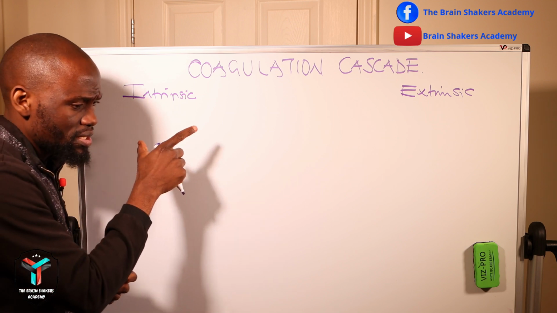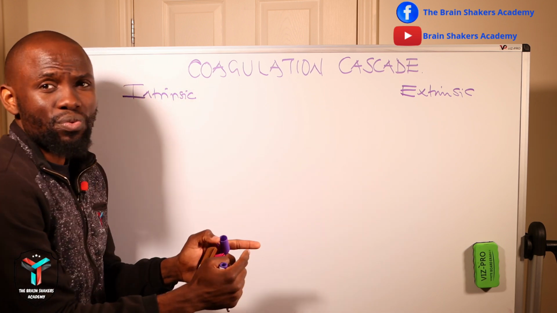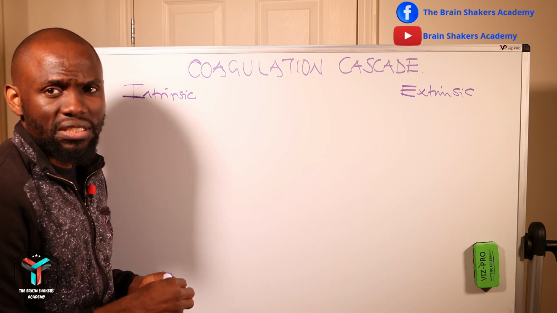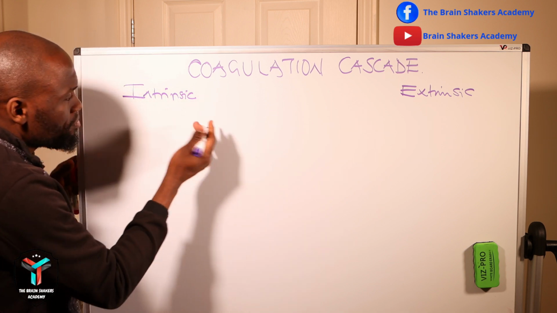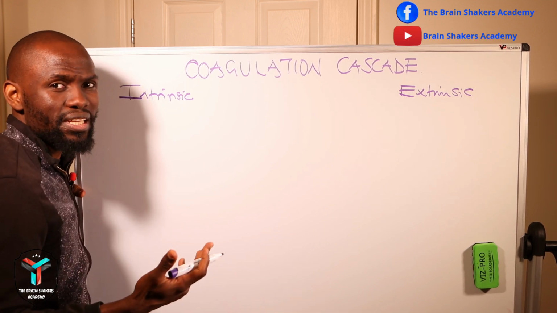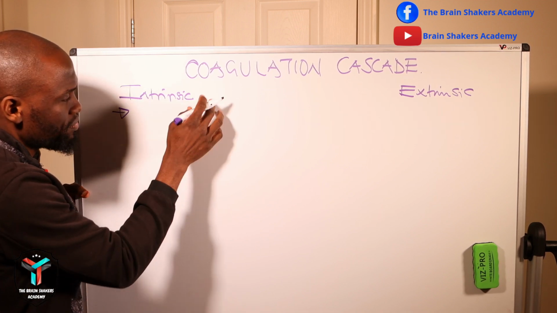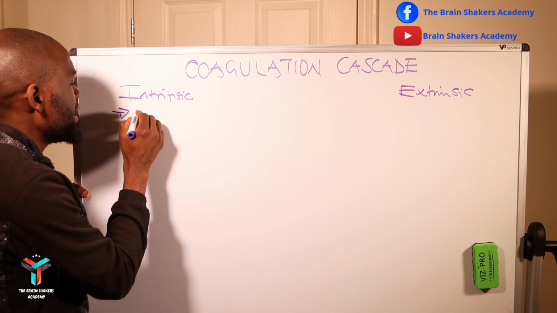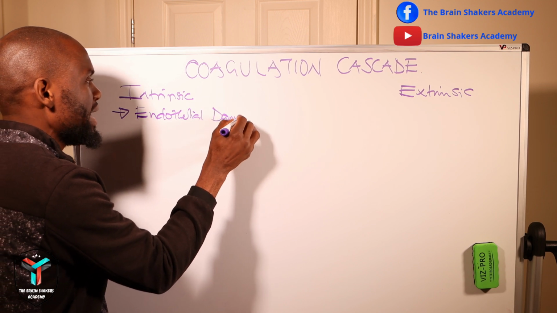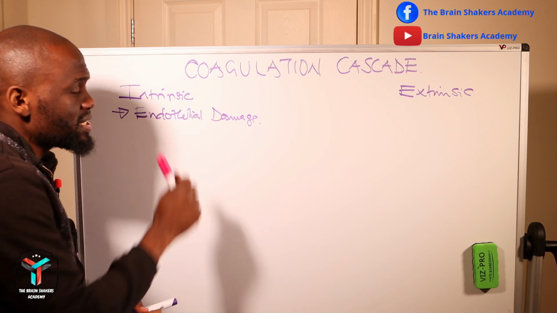But before we look at the intrinsic system, suffice also to mention that the intrinsic and the extrinsic will then later have what we refer to as a common pathway, because they will all then reach a stage where they will activate the prothrombin activator. Now, the intrinsic pathway is normally activated when there is endothelial damage. So one of the commonest causes for the intrinsic pathway to be activated is endothelial damage. Okay, so any insult to the endothelium is going to then activate the intrinsic